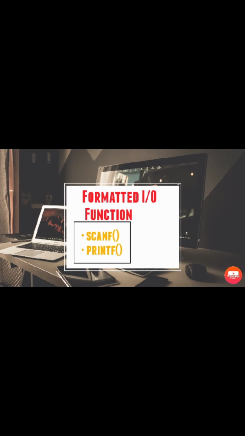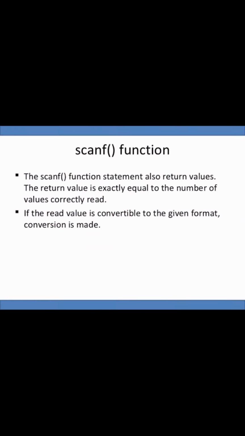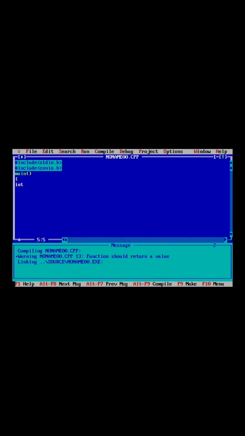Formatted means representing data with different settings as per the requirements. Formatted input and output functions are of two types, scanf and printf. scanf. This function is used to input data from the user as per the format specified. This function can be used to read numeric values, single characters or strings. It is used to read mixed types of data from the standard input device. Following are examples of the scanf function.